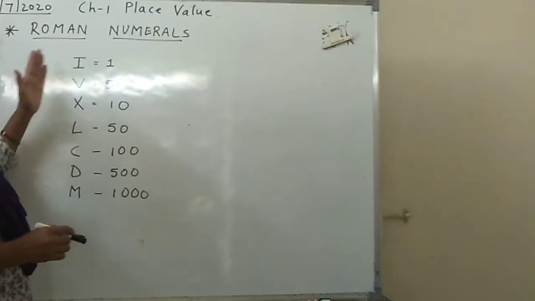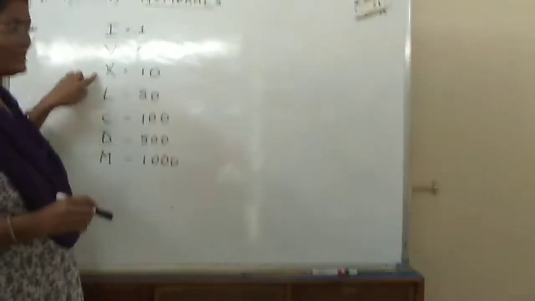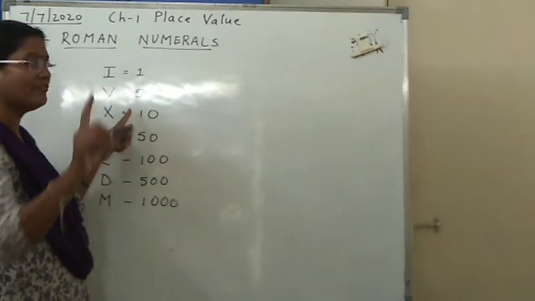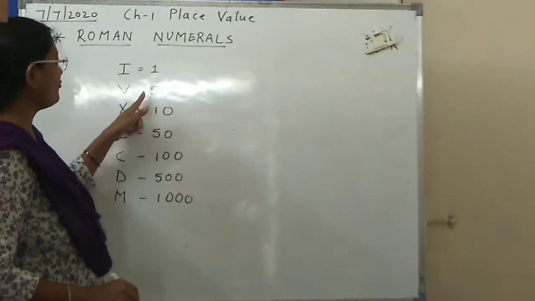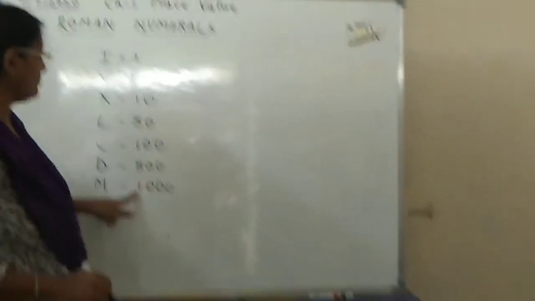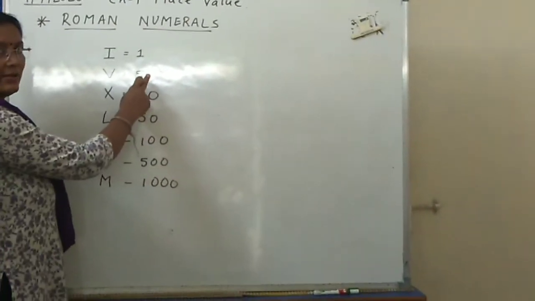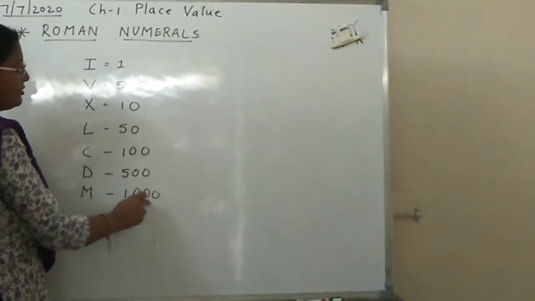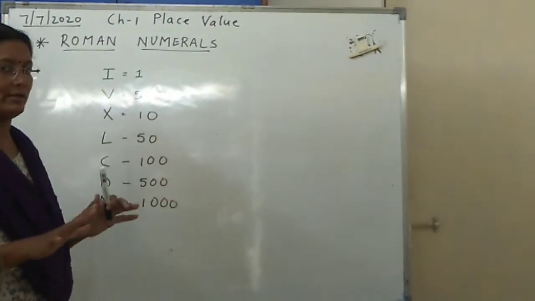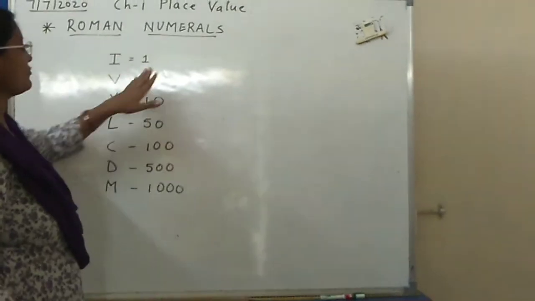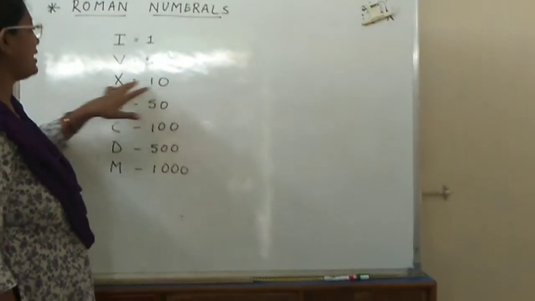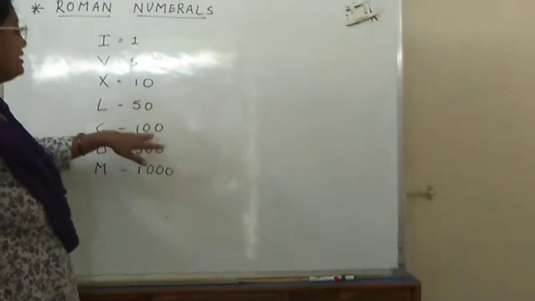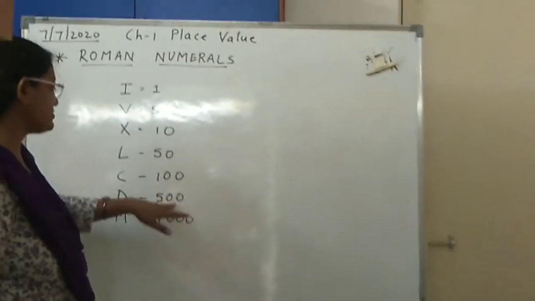If you want to remember, you should first remember IVX, LCDM. Then 1, 5, 1, 5, 1, 5, 1: see the first digit of all the numbers. Here no zeros are there, here 1 zero is there, here 2 zeros and here 3 zeros. Like this you can remember it. I stands for 1, V for 5, X means 10, L means 50, C means 100, D means 500,